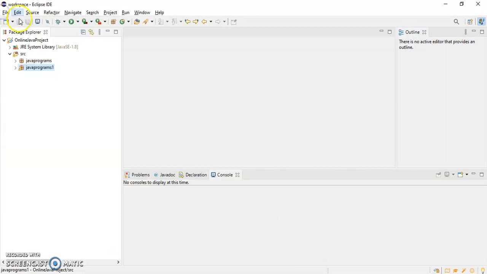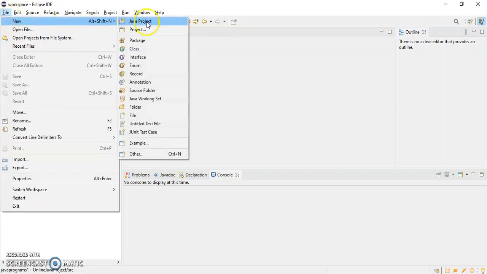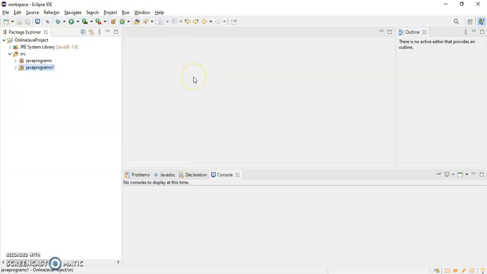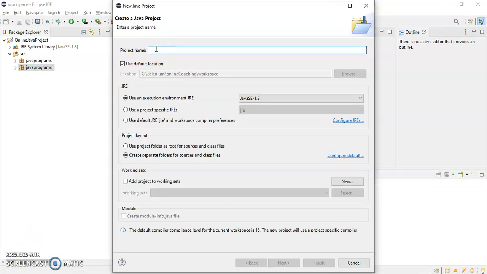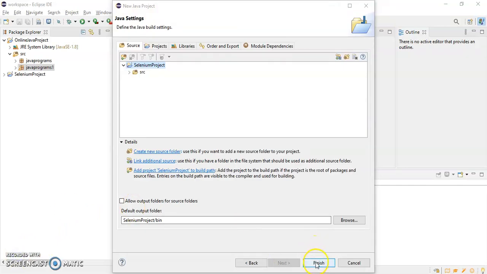Okay. So file, new, and Java project. And we have to give the name of the project. I will name it Selenium project. I'll click on next, then click on finish.